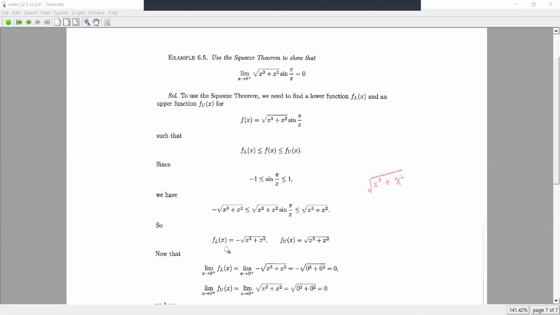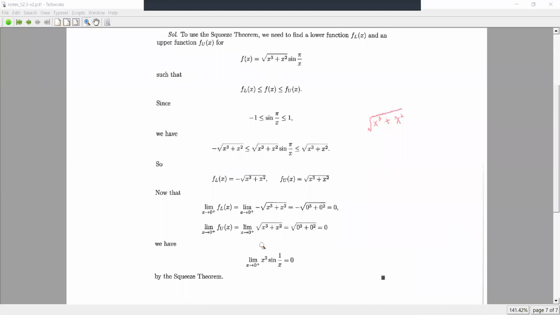Now we compute limits on the lower function and the upper function. By direct substitution, it's easy to see that as x approaches 0 from the right side, the lower function approaches 0. Plug in 0 for x to get the limit. As x approaches 0 from the right side, the upper function also approaches the same number, 0. So therefore, the function f,